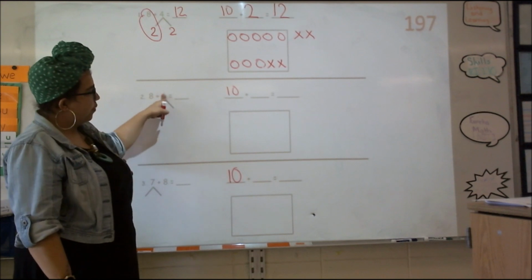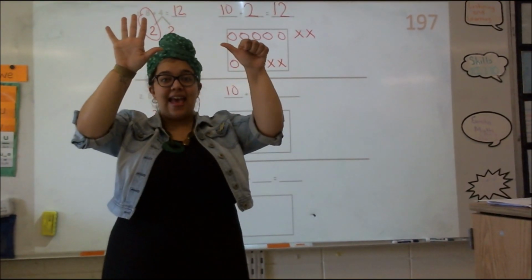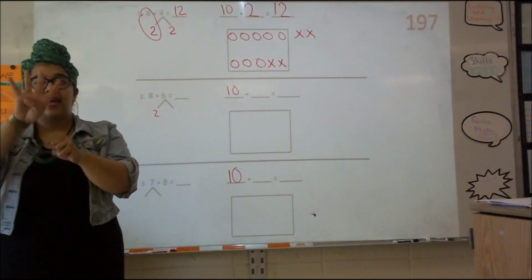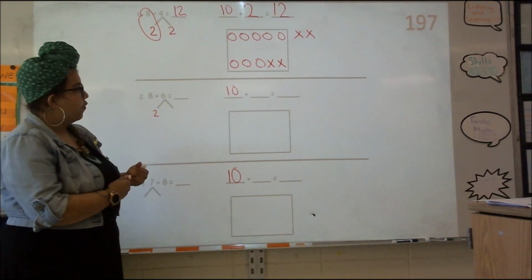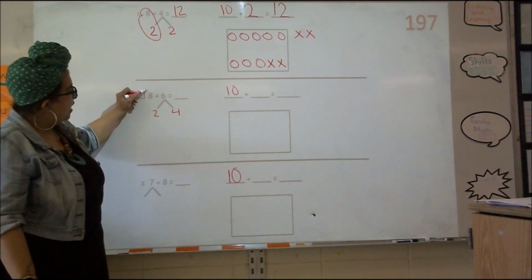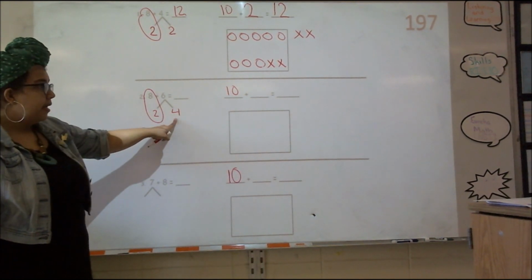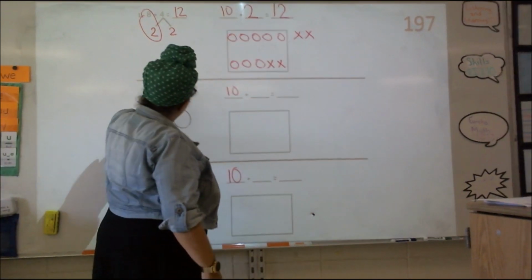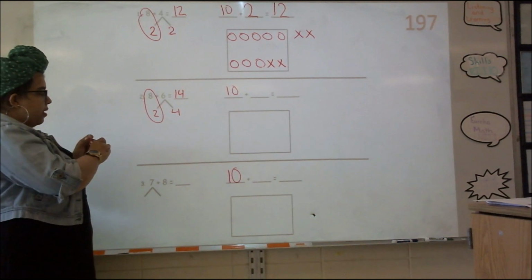But the rest of this doesn't just disappear. So if I had 6 and I took 2 of the pieces to put in the group of 8, how many are still there? 4, because 2 and 4 make 6. So we see 8 and 2 is a complete group of 10. So 10 and 4 more, 10, 4 is 14. Good job. All right, so the next thing,